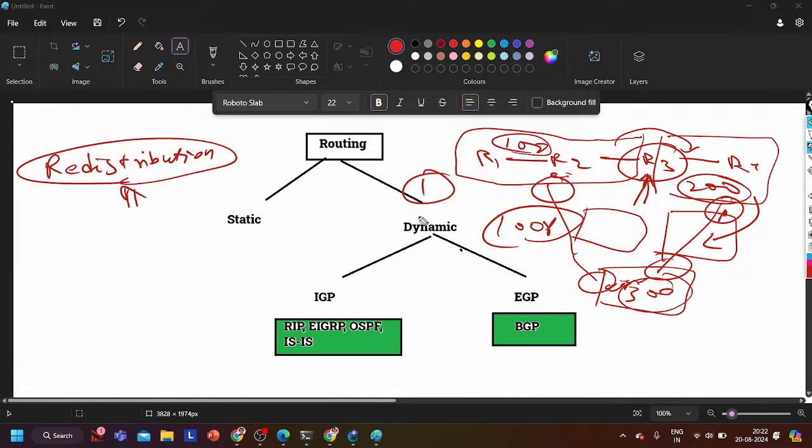Second issue, CPU utilization. The routing table of the router will increase. Third issue, it is difficult to configure. Let's suppose you have 100 AS, so on 100 AS routers you are going to perform redistribution, correct? There is a chance a loop can form in the topology. All routers are going to manage a large database.